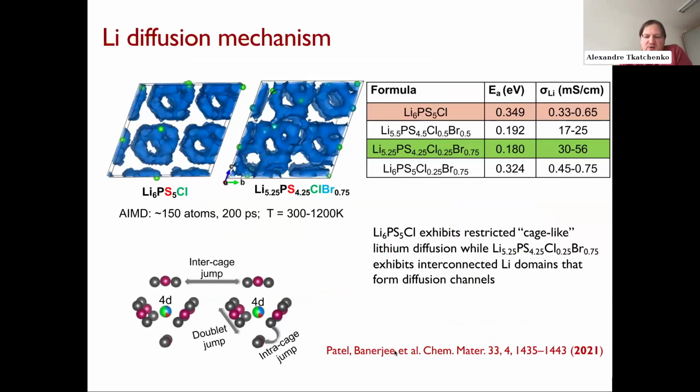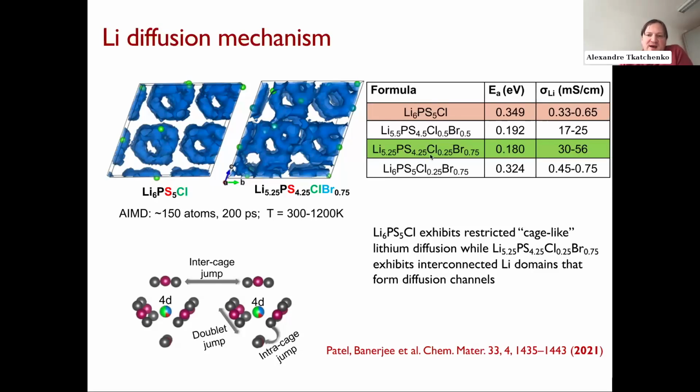So Swastika in her previous work has done ab initio molecular dynamics calculations for two different argyrodite materials, and she looked at how diffusion pathways vary from one material to the other. What she has found in particular is that in this chlorine argyrodite, you have cage-like lithium diffusion. You see here these concentrated cages,